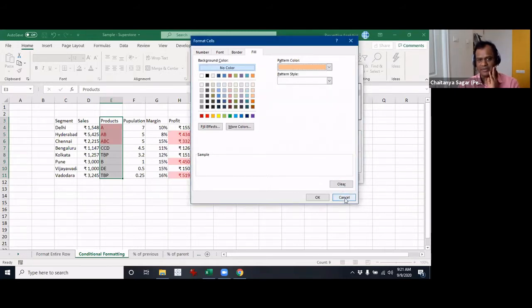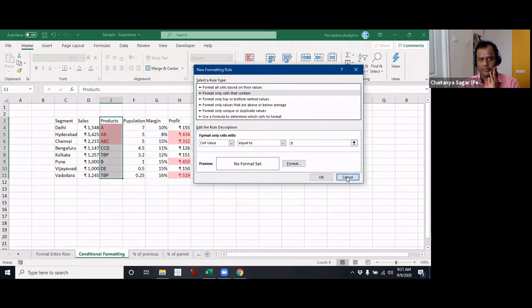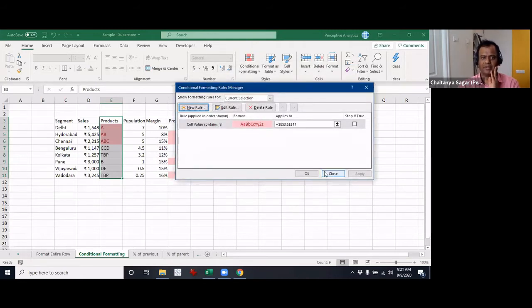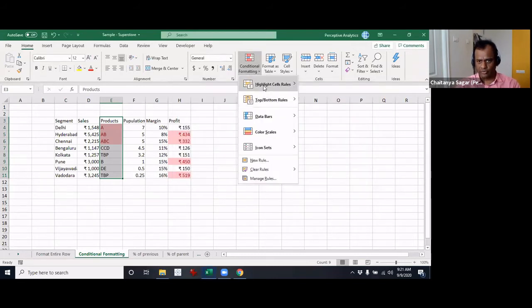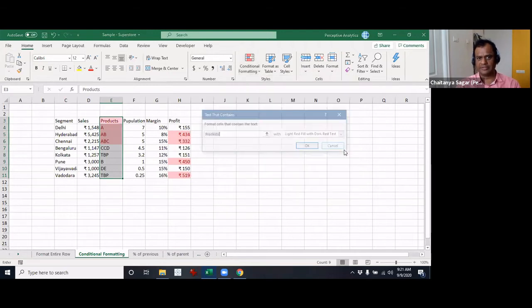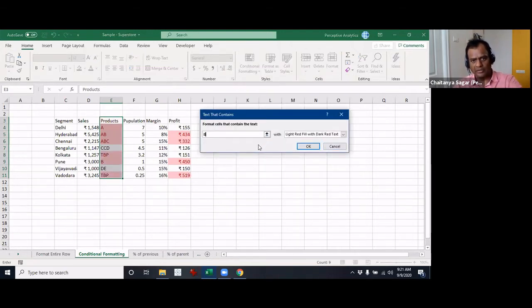No, it's not the one. In order to get the same color, you can also use a different color as well, but I remember we also had a duplicate option. I think the duplicate option is not there. Let me just see. I'll close this one and add a new one. Text contains, now I'll call this B. Again the same thing, the same light red fill with dark red.